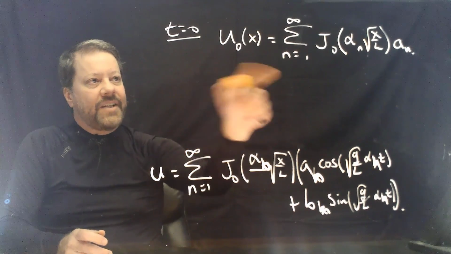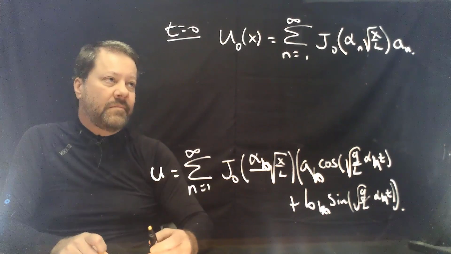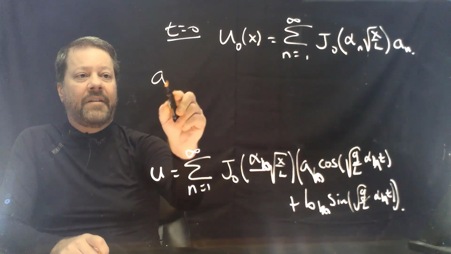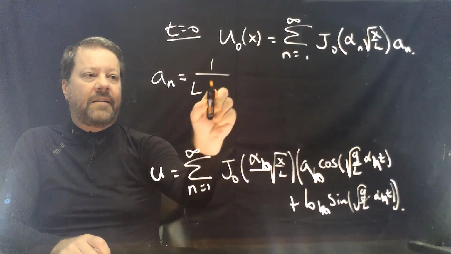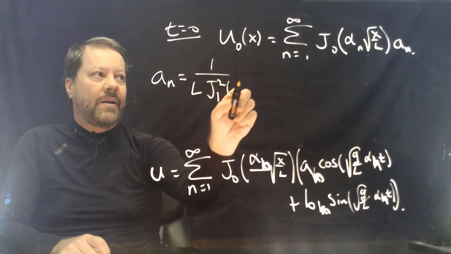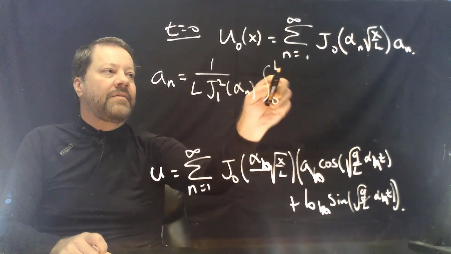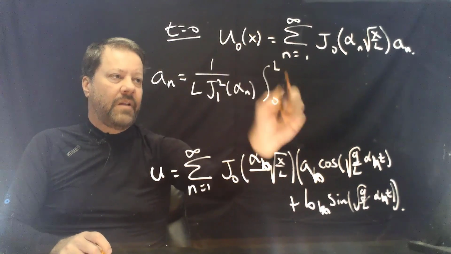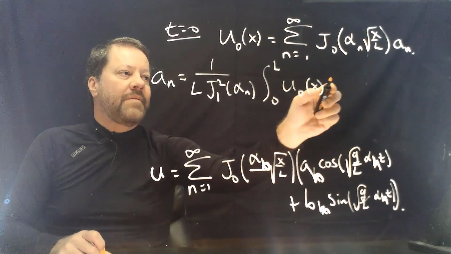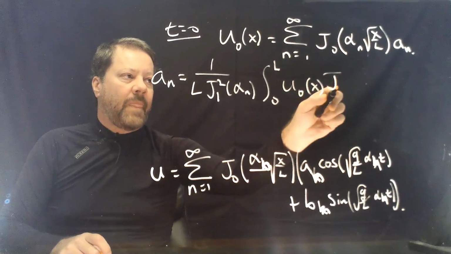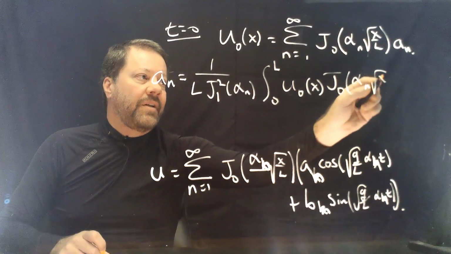We can then just take inner products to figure out these coefficients a sub n. We'll have a sub n equals 1 over L J1 squared of your alpha n's, integral from 0 to L u naught of x times the Bessel's function of order 0, alpha n root x over L